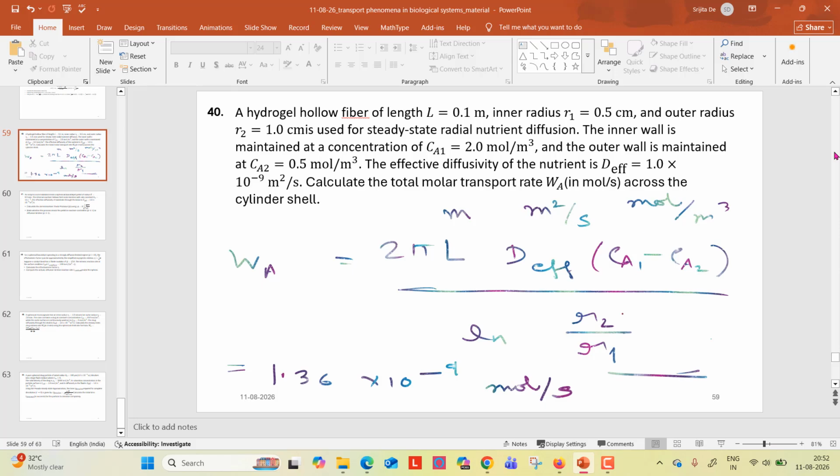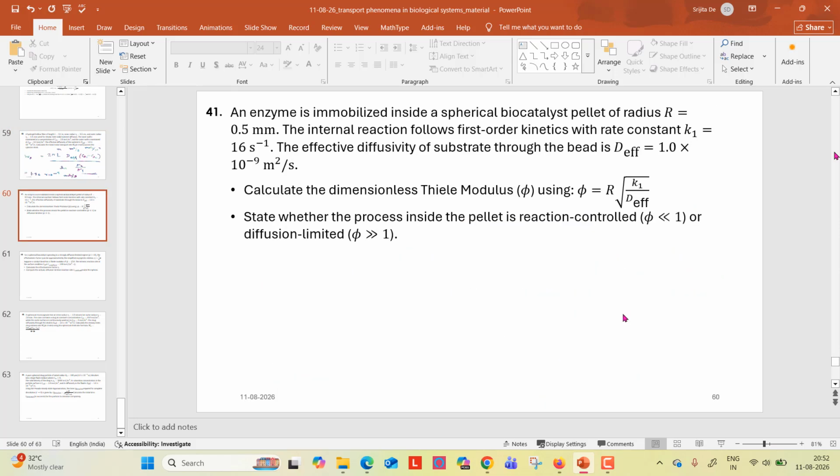An enzyme is immobilized inside a spherical biocatalyst pellet of radius r. The internal reaction follows first-order kinetics with rate constant K1. The effective diffusivity of substrate through the bead is dF. Calculate the dimensionless Thiele modulus using this. So Thiele modulus is